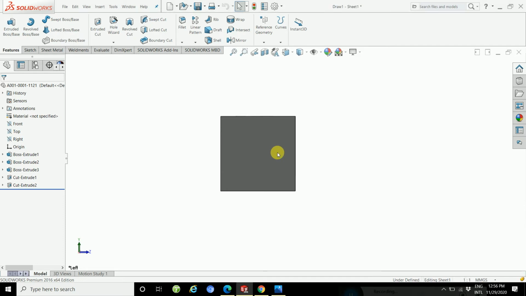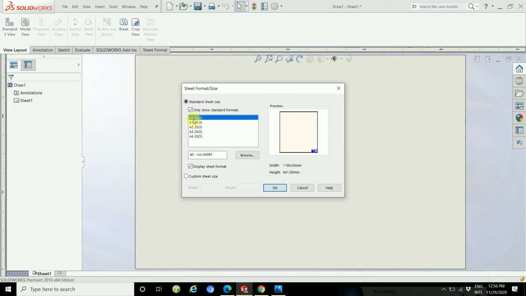Okay, show it. This is the template size. A0 is length 841 and width 1189.